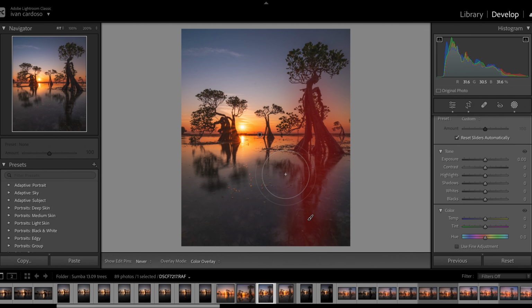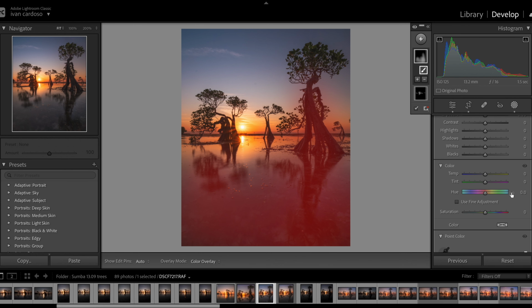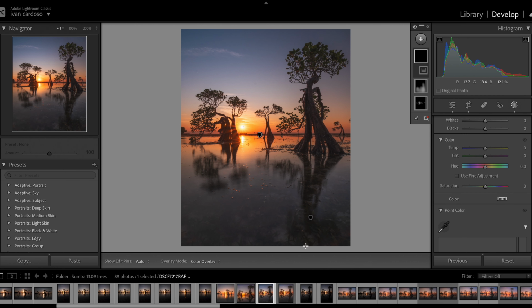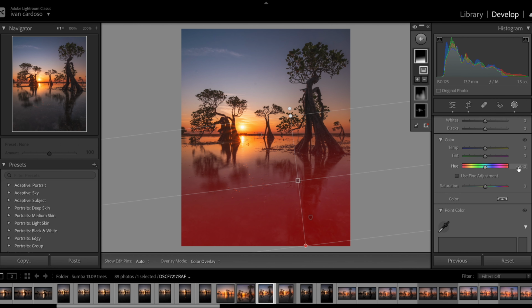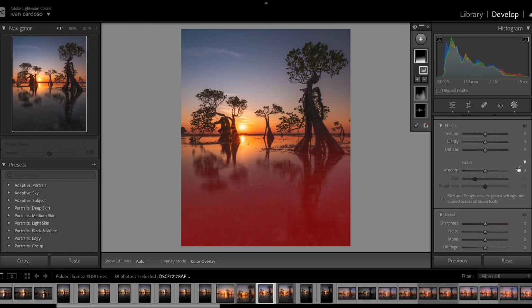So I can paint all the shadows. They don't need to be perfect here, just even. And then I go a little bit with the contrast, and what I like to do, I press shortcut M to bring the gradient filter, and on the gradient filter I go with the clarity,